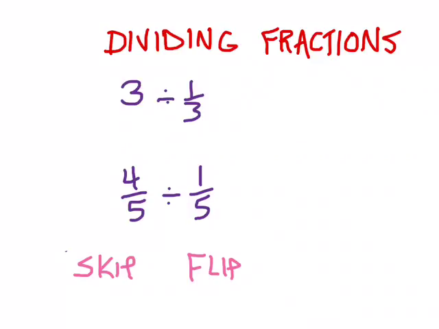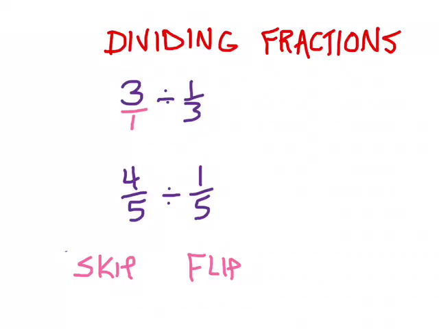And here's what I mean by that. We're always going to leave the first number we see alone. We skip it. So when I see 3 in my first one here, I'm going to leave that as 3, although I am going to change it to the fraction 3 over 1. Anything could always be over 1, and it's the same thing. I need two fractions when I divide fractions. So 3 is 3 over 1, but I'm going to skip it, I'm going to leave it alone, and then